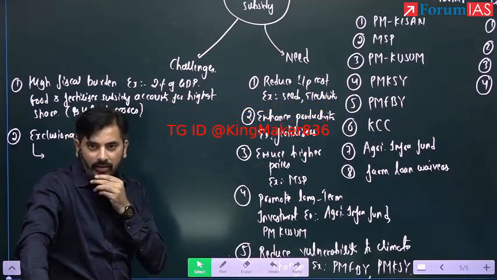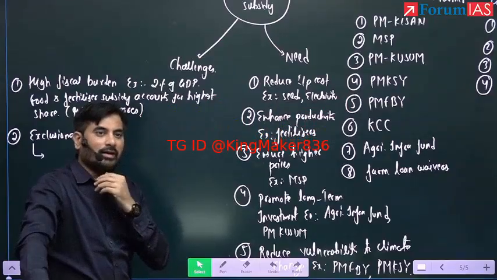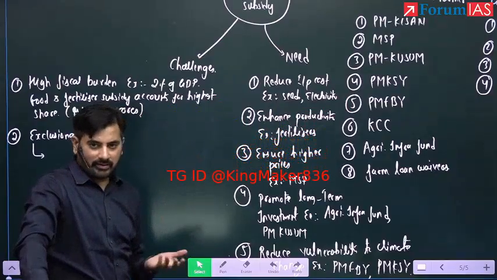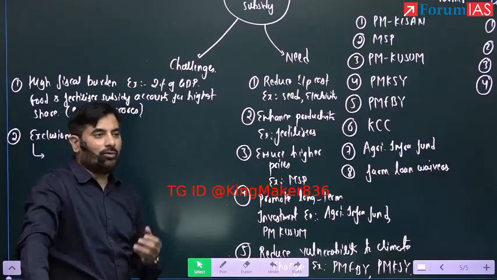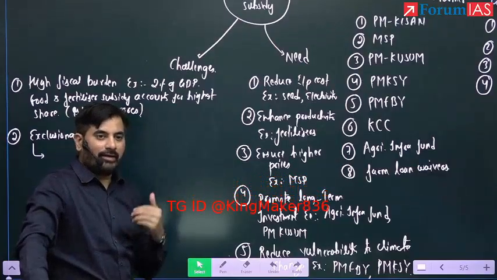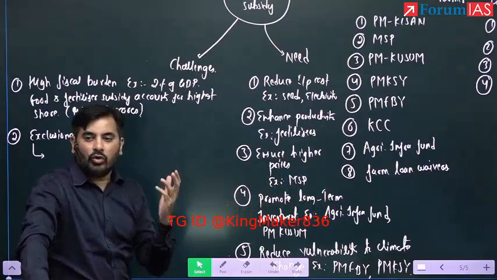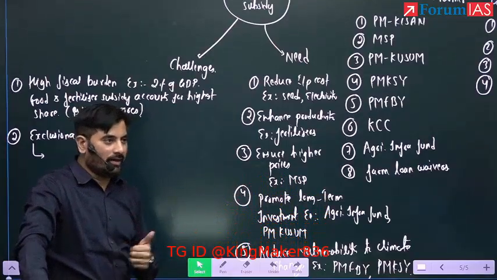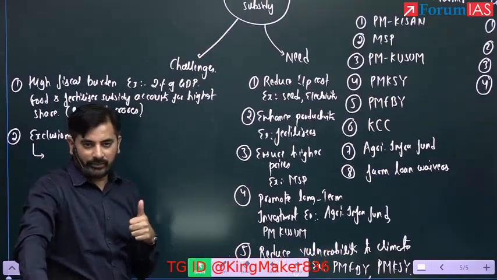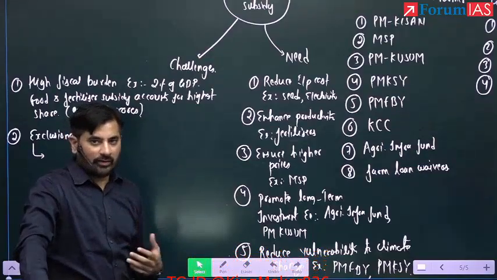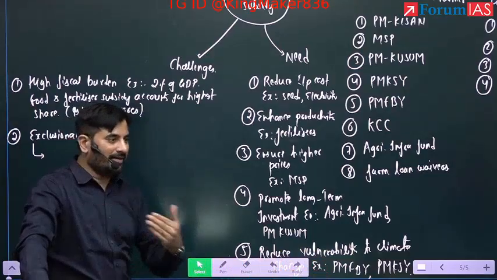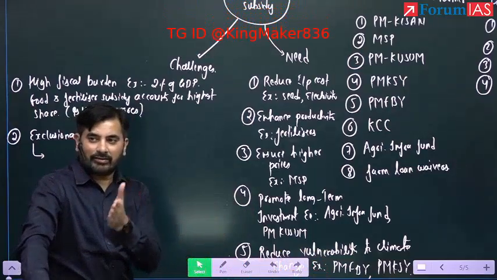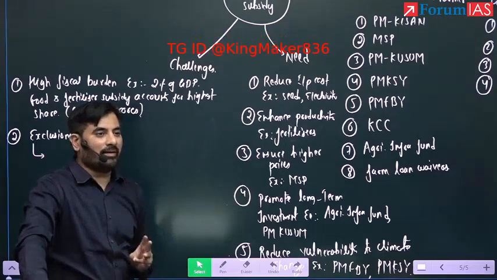Huh? No. Now all the farmers are getting. But to get that particular subsidy, you have to have a land. It is given only to the land owning farmers. It means it is excluding the tenant farmers. Tenant farmers are those farmers who might not own the land, but they lease the land for cultivation. So it is exclusionary in terms of tenant farmers.